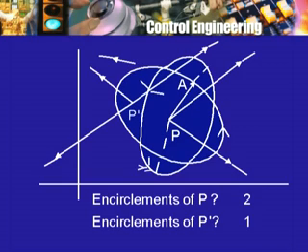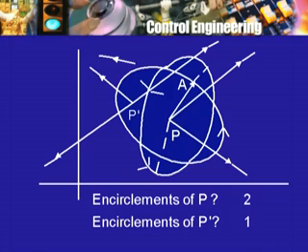So counterclockwise all the way till this point is reached, when 180 degrees has been completed, continuing further another 180 degrees in the counterclockwise direction. So the total rotation of the radius vector will be 720 degrees in the counterclockwise direction. And therefore, what is the number of encirclements by this curve gamma traversed in that direction of this point P? The answer is 2. 720 degrees divided by 360 is 2. 360 degrees is one rotation, that counts as one encirclement, but it is 720, so the number of encirclements is